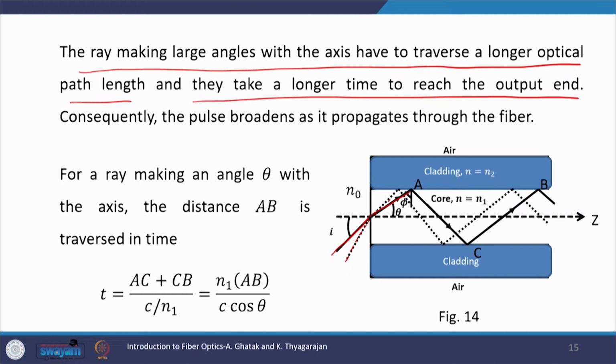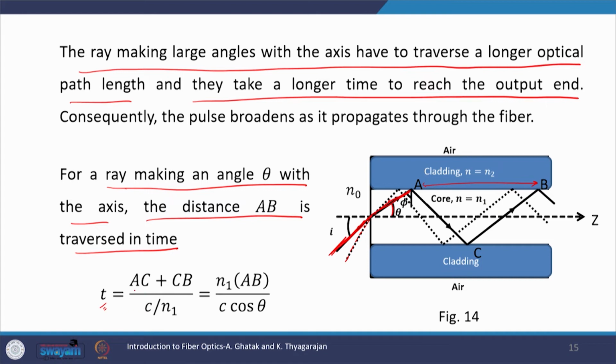And consequently, the pulse broadens as it propagates through the fiber. Now, say for a ray that makes an angle theta, this continuous dark line. Let us calculate the time which the ray takes travelling from point A to point B. For a ray making an angle theta with the axis, the distance AB is traversed in time, which